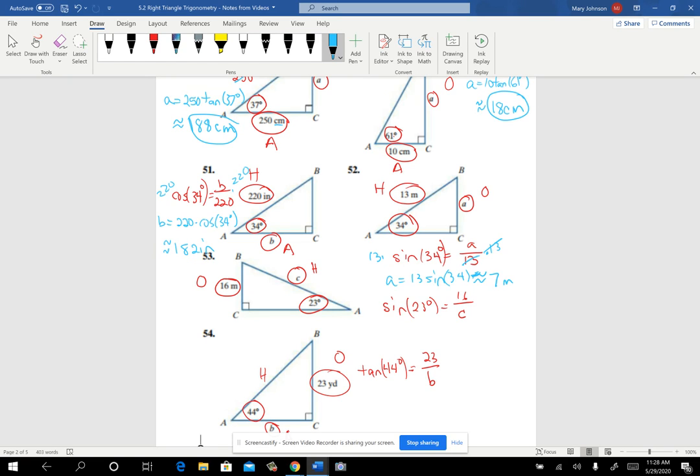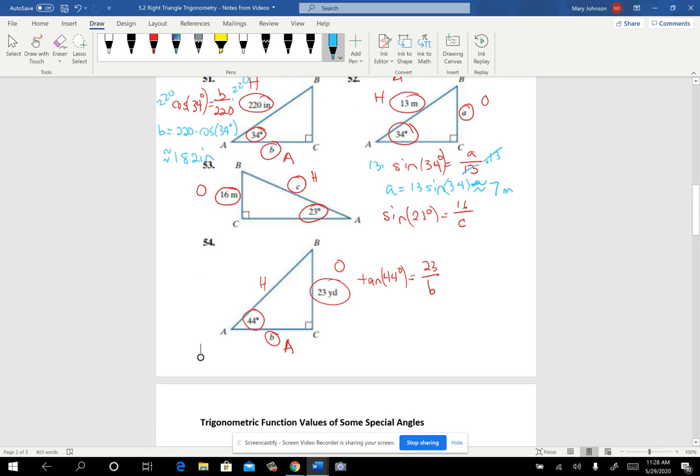Okay. Now, really concentrate with me on these two, especially if it's been a while since you've been in algebra class. I think it really helps to put in a step to really work this out using your algebra skills. You have a problem that has fractions, so let's clear the fraction by multiplying by the denominator. But if I do that on one side, I have to do that on the other. So unlike the others, my unknown isn't by itself right now. I have c times the sine of 23 degrees equals 16 at this point,